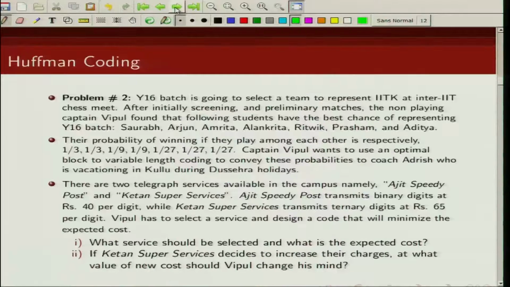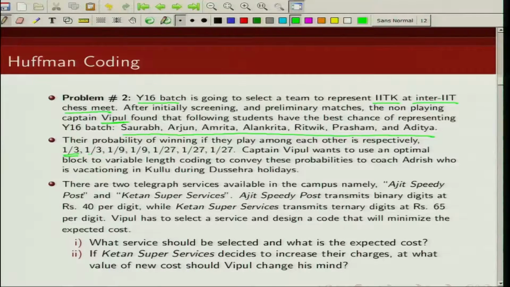Okay. Now let's move to the next example. This is also a problem related to Huffman coding. We have a Y16 batch which is going to represent IIT Kanpur in an inter-IIT chess meet. The captain Vipul found out that these are the best students in terms of representing the IIT team, and he organized a chess competition where they played against each other, and he found out that these are